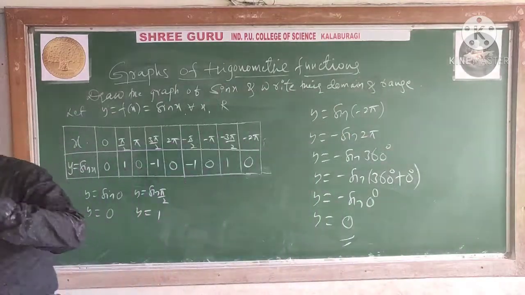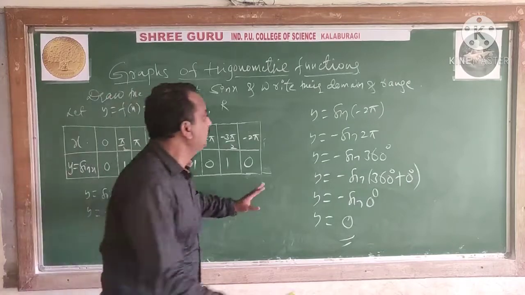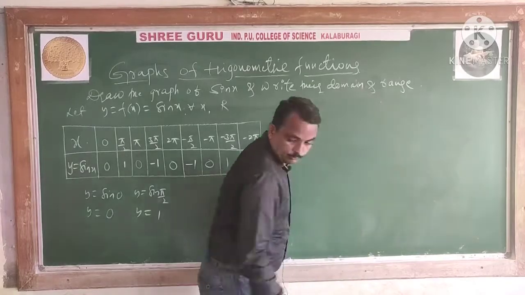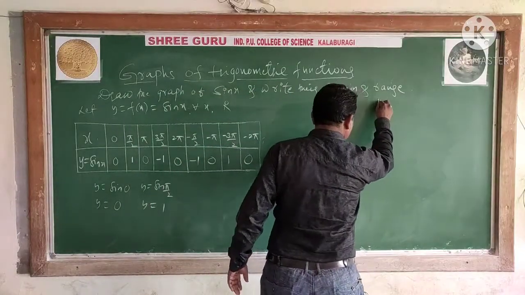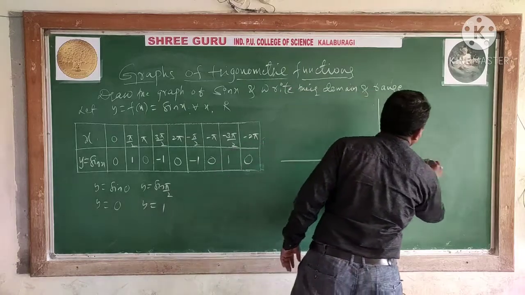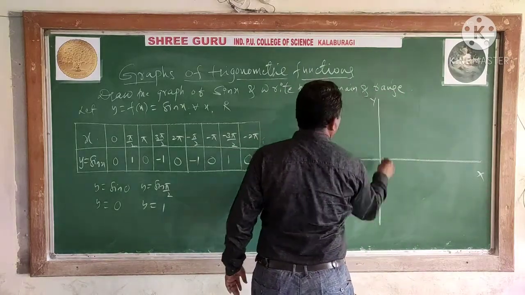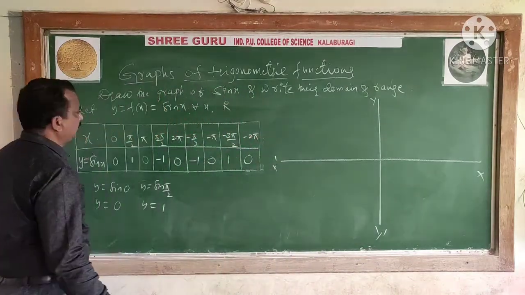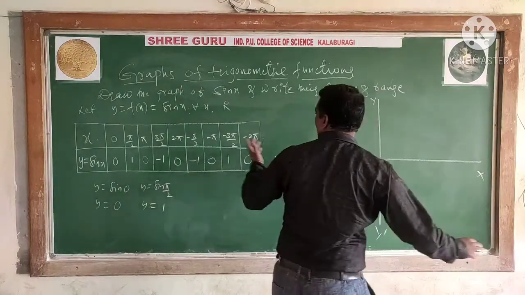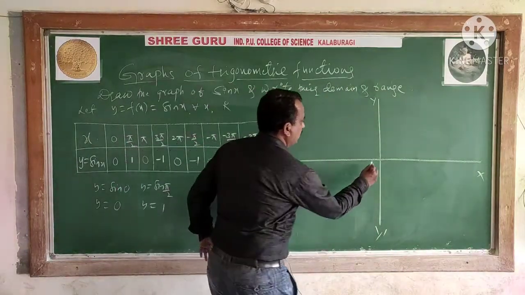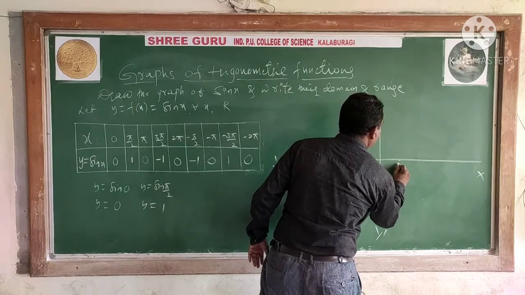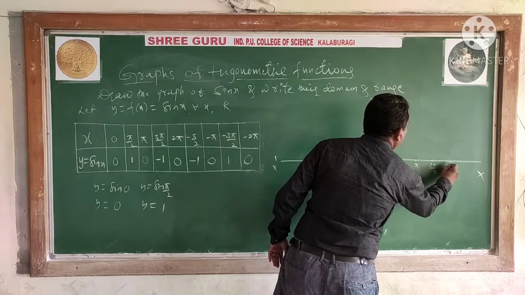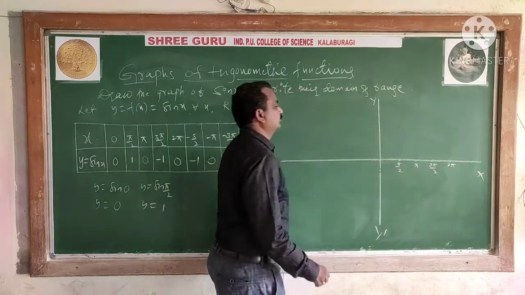Now let us find in what range the sine function lies. Now let us see. These are the y values. So here we will take a Cartesian plane and take these values, whatever we have calculated, the domain values. We will plot all the points here. Now let us see, this is the Cartesian plane. We will mark according to these values here. So in the intervals 0, pi by 2, pi, 3 pi by 2, 90 intervals. So 2 pi it is.